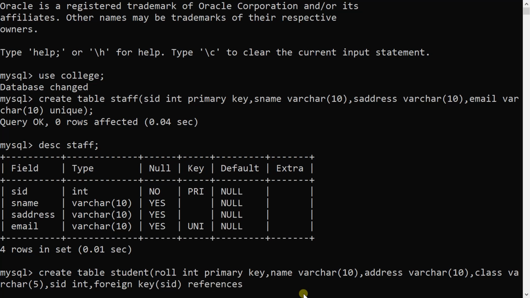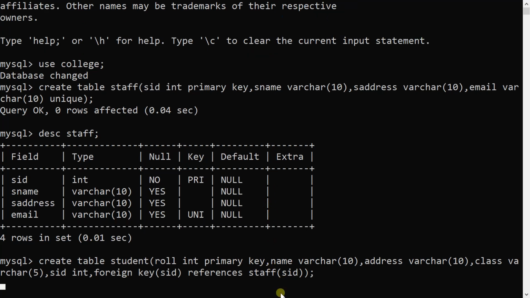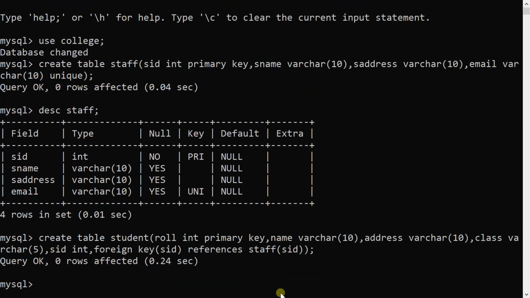Which table are we referring to? We are referring to the staff table, so here we write staff and into brackets the name of the attribute. Here I have used SID as the primary key. So my table is created.